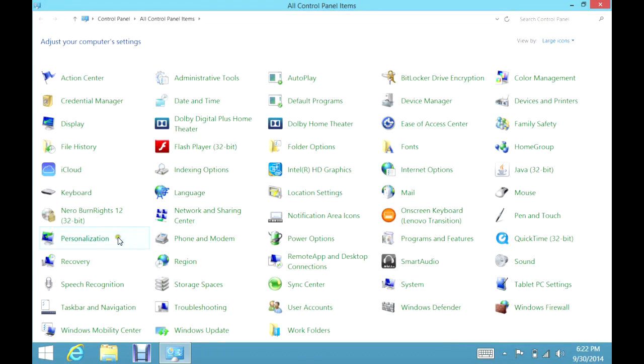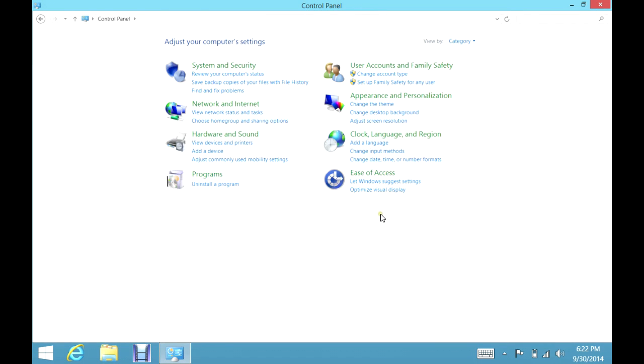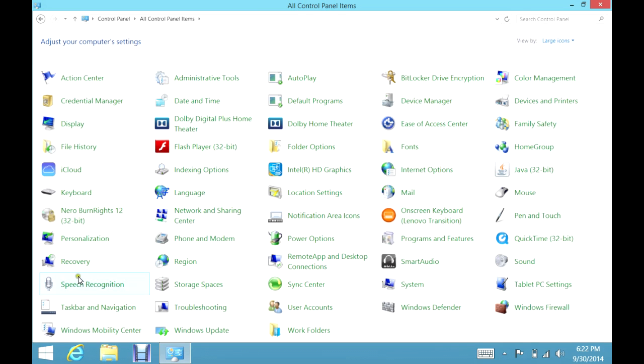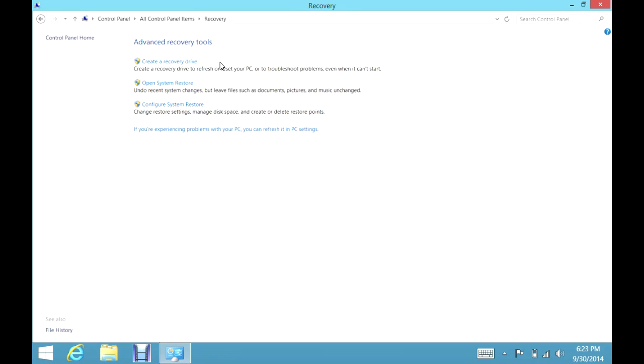So if we open our control panel, we'll see it under Recovery now. Now if you have your control panel in Category View, just choose up here at the top View by large icons and you'll see Recovery. So we'll open that up, and we have different options here now. You can recreate a recovery drive that allows you to start up your computer even when it can't start, which is more of a